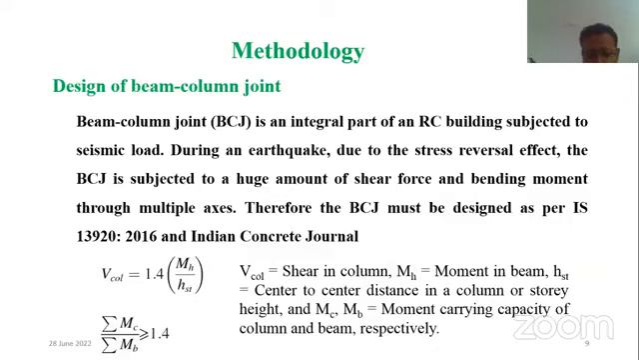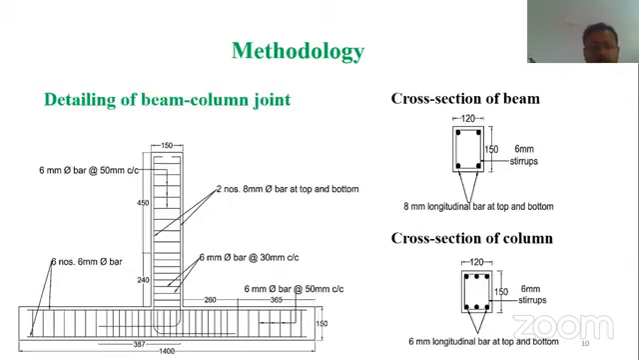You can see the entire paper, in which I have clearly explained how the design should be done, associated with the documentation offered by IIT Kanpur and IS 13920-2016. Here we can see the detailing of the reinforcement in the beam column joint and also the cross section of the beam and column. The beam column joint, especially the joint region, is the most vulnerable region because it is